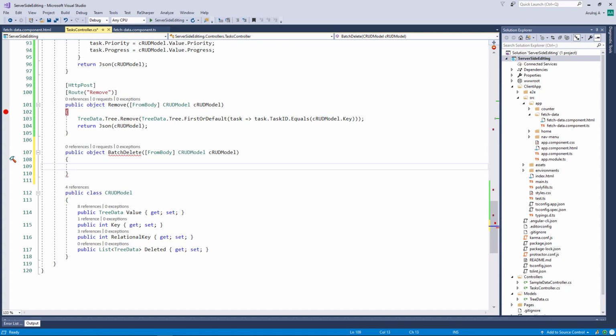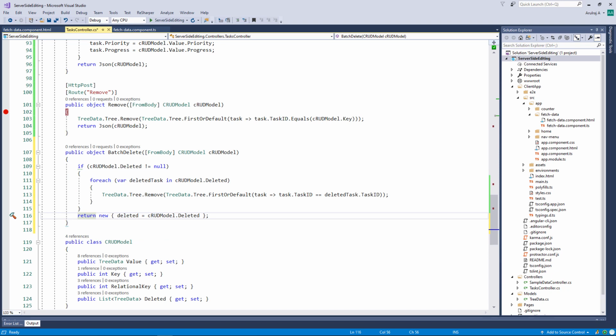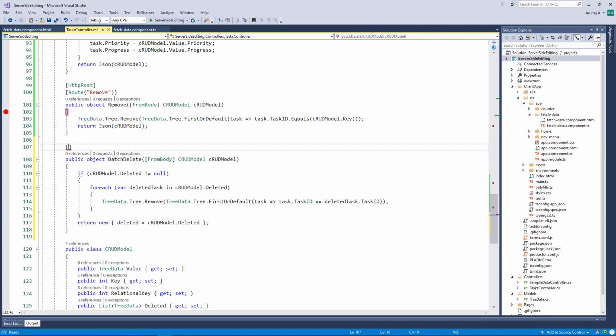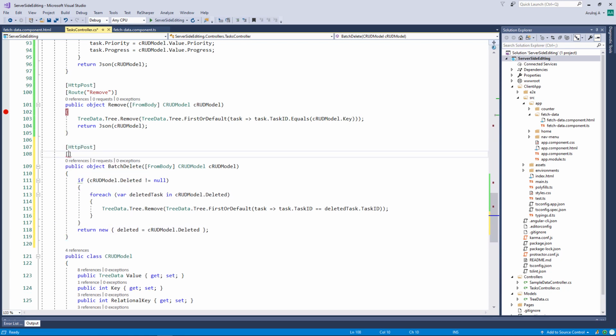These details are received in the deleted property. Thus, I have declared this property here at the time of CRUD model class creation. Within this method, I am finding the deleted tasks and removing those records using the task ID. Finally, I return the deleted records as JSON. Let me add the HTTP post and route attributes.